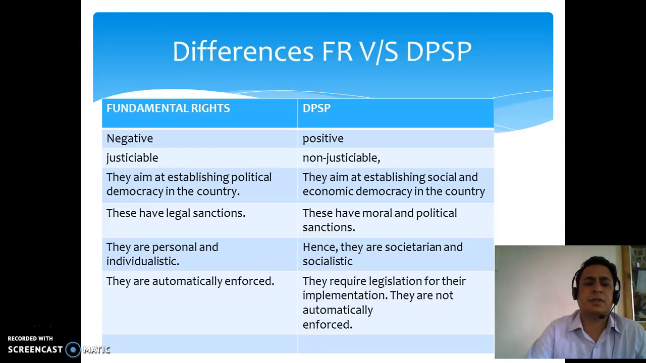Now, as far as differences are concerned, they are negative. We have already said fundamental rights are negative, of enforce नहीं कर सकते हो. DPSP पॉजिटिव होती हैं. Justiciable नहीं हैं क्योंकि आप कोर्ट में नहीं जा सकते हो इनकी इम्प्लीमेंटेशन के लिए, डीपीएसपी के लिए। वो इंश्योर करते हैं पॉलिटिकल और इकोनॉमिक डेमोक्रेसी, और इसके अलावा मॉरल एंड पॉलिटिकल सैंक्शंस है बिहाइंड डीपीएसपी। तो ये सारा हम ऑलरेडी डिस्कस कर चुके हैं।